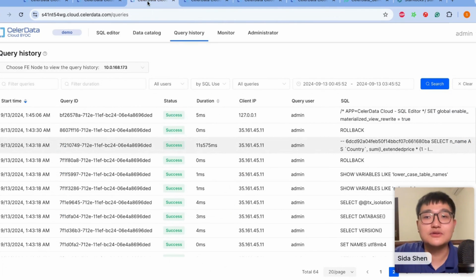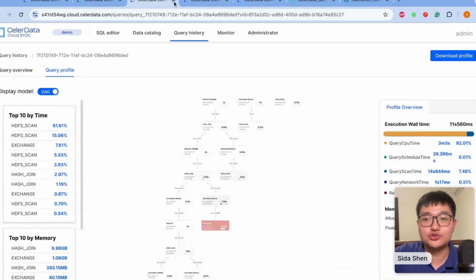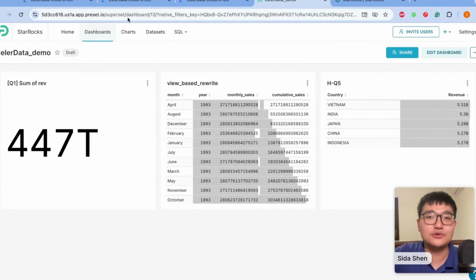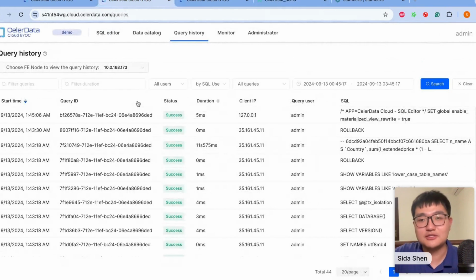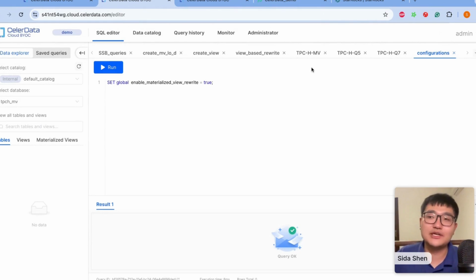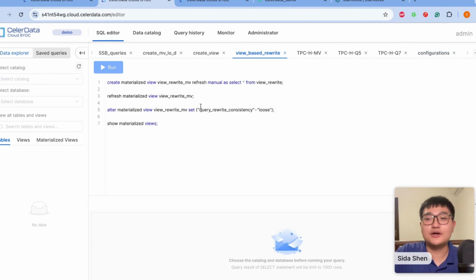Okay, so this is the first one I wanted to show, just a vanilla rewrite of query number 5 from the TPC-H benchmark test. Remember, we do have SPJG, select projection join group by. Those are the things that we can do rewrites on. But there are other types of queries out there that we cannot rewrite, for example,